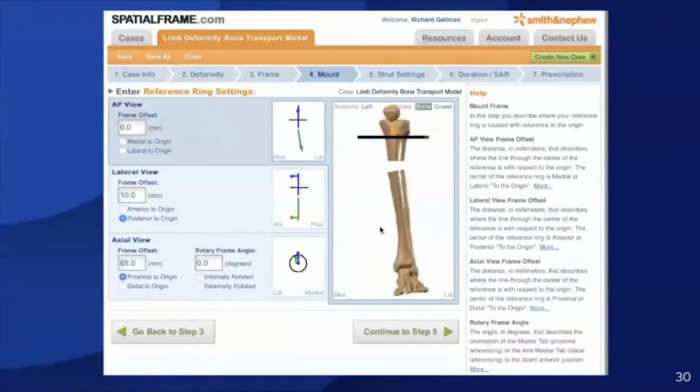In this page, you're going to tell the computer where the center of the ring is in relationship to the origin. It's so that it can do the math to correct the deformity. So if you center your ring in the coronal plane, and this yellow tab marks the center of the ring, and it's centered right in the center of the bone, and you've chosen your origin to be the center of the bone down here, in your AP offset 0. On your lateral offset,